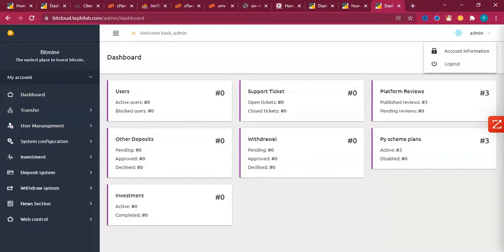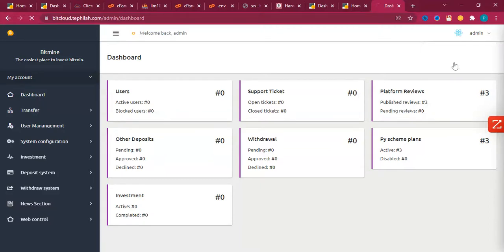So this is just a demo. This is not a live crypto cloud mining platform. It's just a demo to explain and show you how easy and how possible it is for you to start your own crypto cloud mining platform. Instead of investing a huge sum of money at some cloud mining platform, you can get it all started by yourself, making your own money, having it as your own business, and running it.